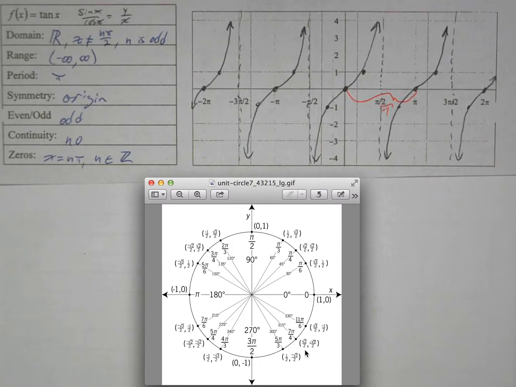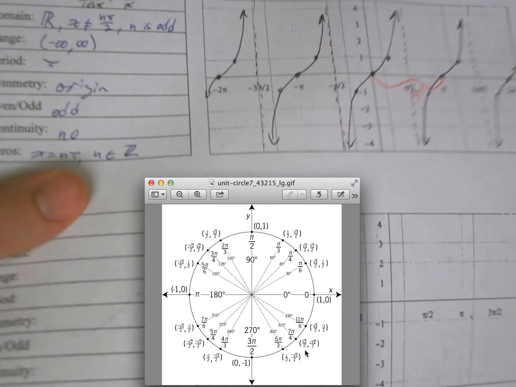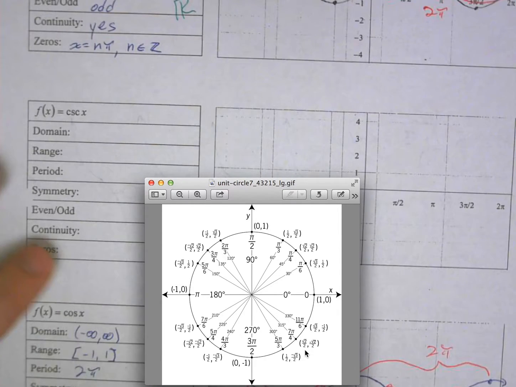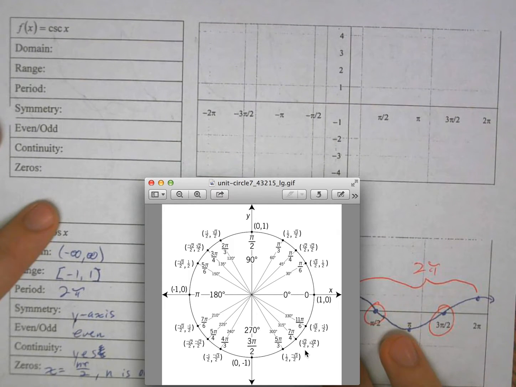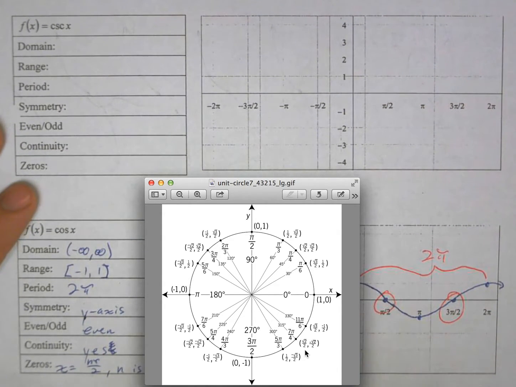Cool. Halfway there. Alright, I'm going to go back to the front and I'm going to look at cosecant. Remember that is cosecant, not just